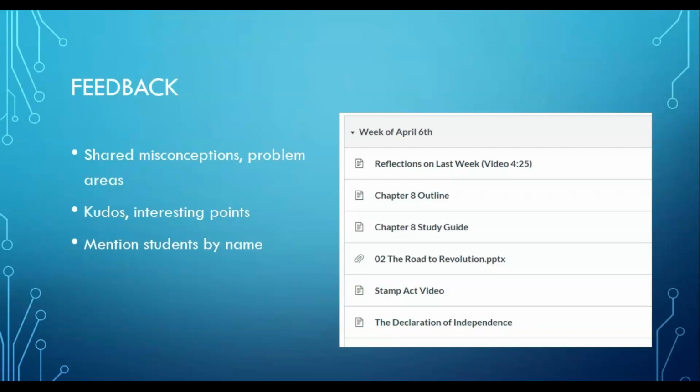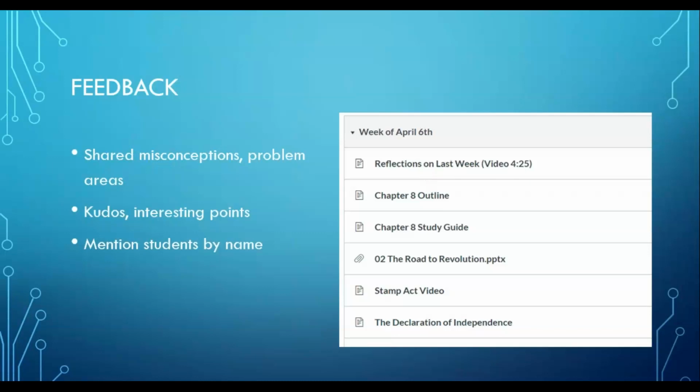So not calling out individual students, but you could create that talking head video or use screencast software to record, to just address and say, hey, this week I saw that a lot of you misunderstood this concept. You can make a video and either put it as an announcement, which some people will do, or even just put it in as a page, upload the video to the page and put it at the top of the module for the next week so that students can click on it and just get a recap of what was learned from the last module, and anything that you feel you need to correct